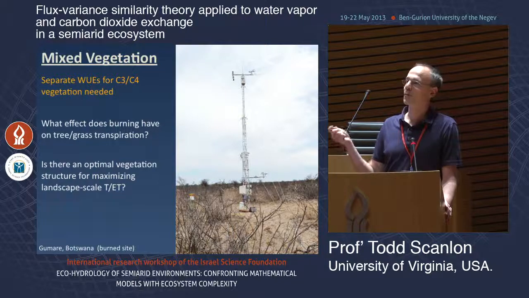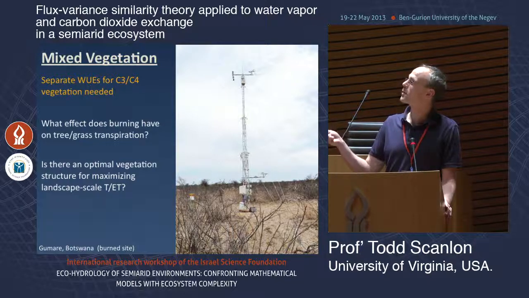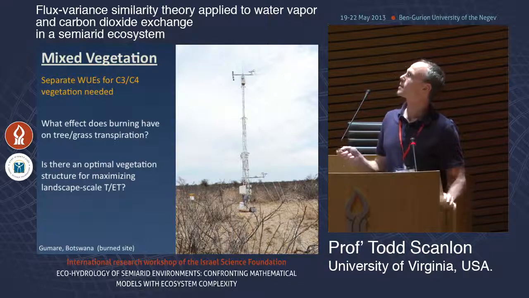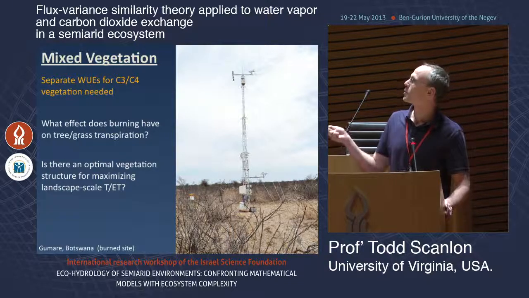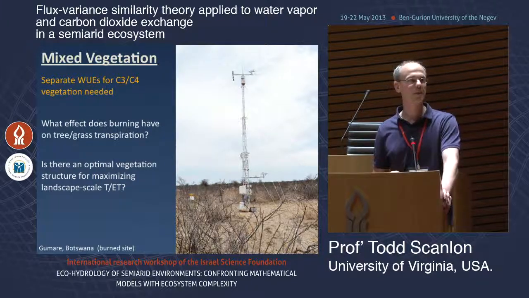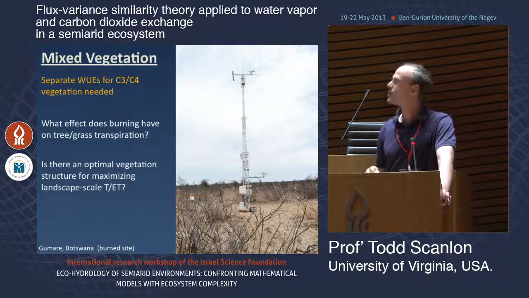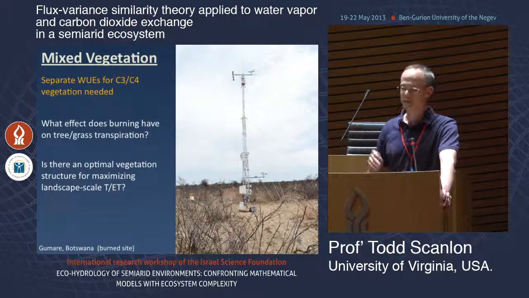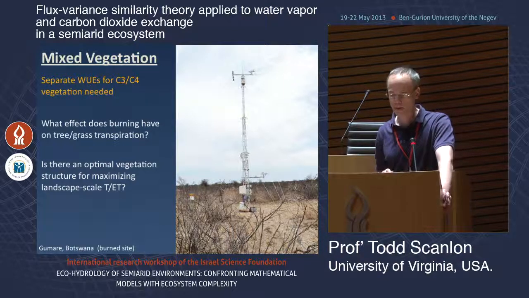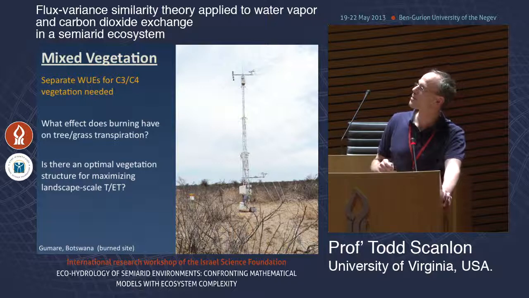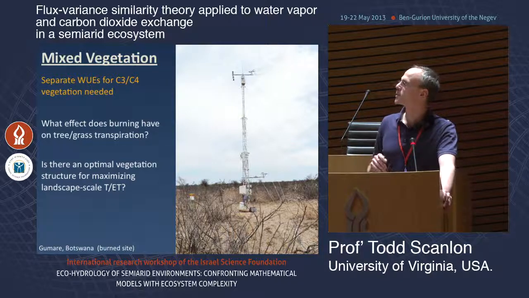So here we'd have to account for the fact that the water use efficiencies are very different for C3 and C4 vegetation. I think mathematically it can be done. You just have to plug into the series of equations the water use efficiencies separately for the grass and the tree cover. And then you could look at questions like, what effect does burning have on the tree grass transpiration? Here where we have the burning, we get the hydrophobic soils. It's analogous to the soil sealing that has been described by some other people. And questions like, is there an optimal vegetation structure for maximizing the landscape scale ratio of transpiration to the total